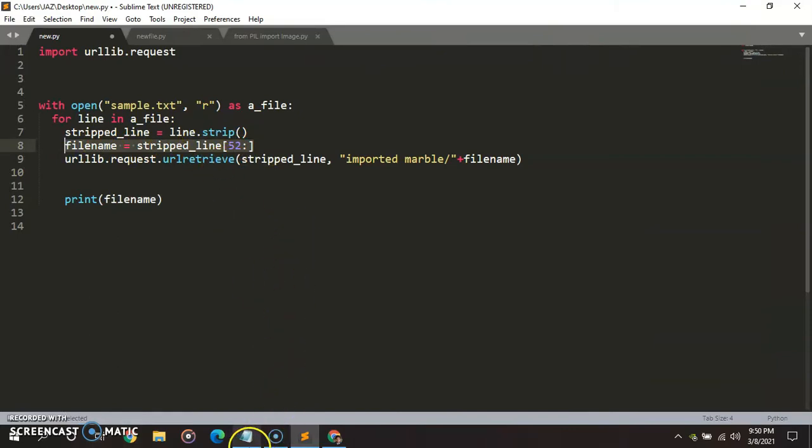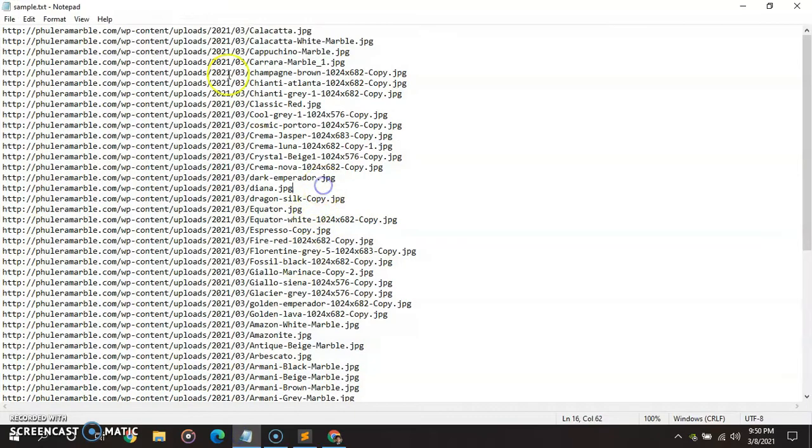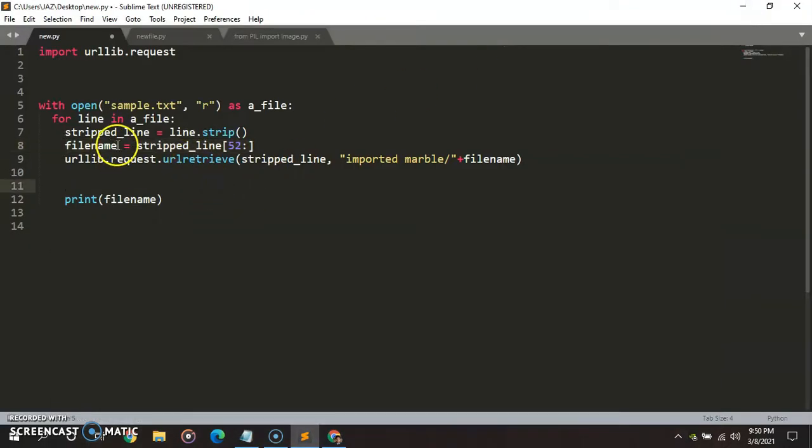What it will do is remove from this slash to this h, this whole text from the link, and the remaining text is the name of the file, and we are storing the name of the file